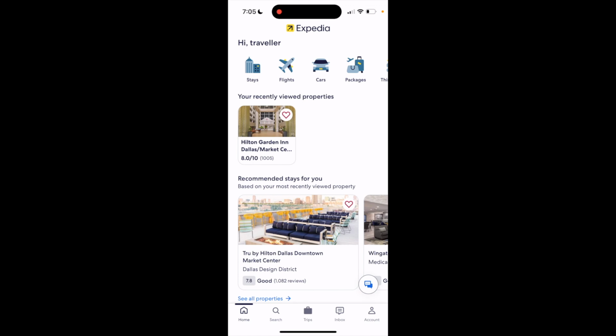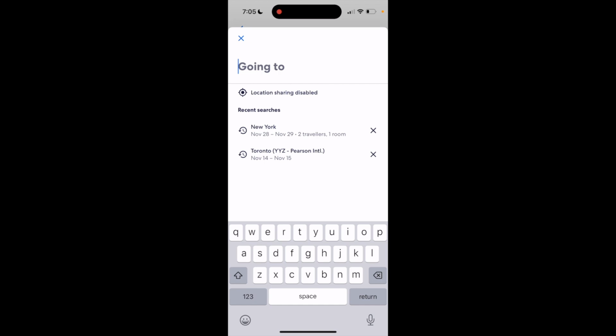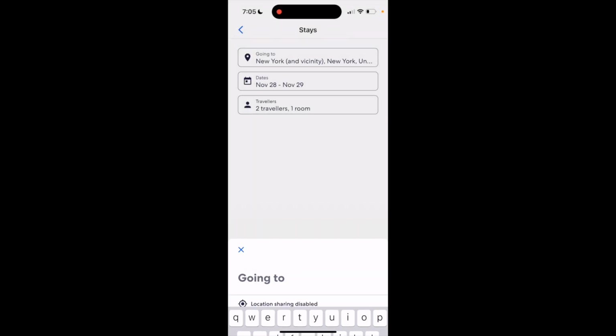Once that is done, either go to the bottom left, press on home, then go to stays, or press on search, and then press on stays. It's the exact same thing. Select your destination. So I'm just going to go ahead for this demonstration and press on New York, then press